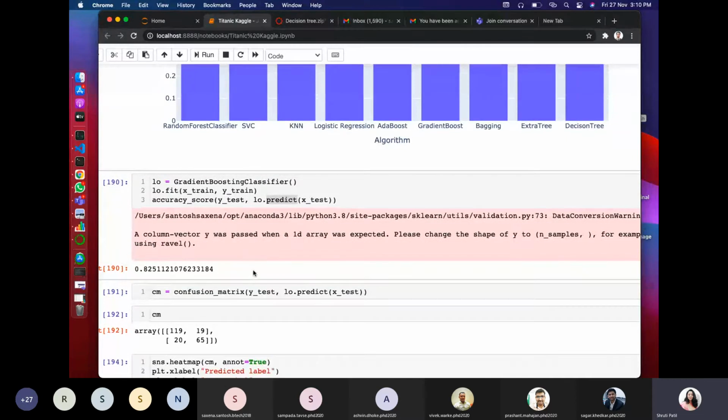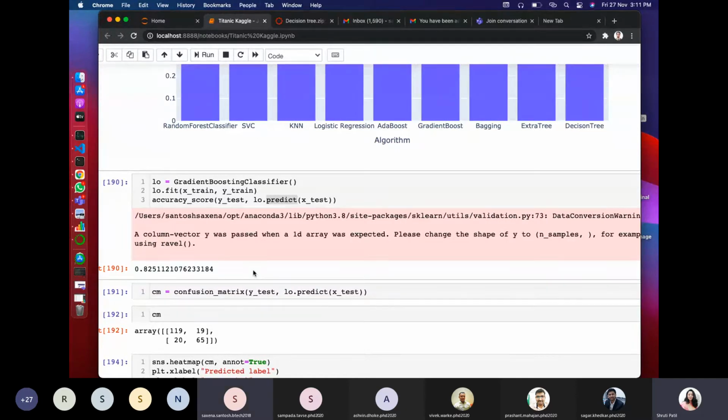Then we saw that gradient boost gives a better result, and based on that, for the chunk of data set that we selected for testing, we applied it here, and for the test data set we are now getting 82% accuracy.